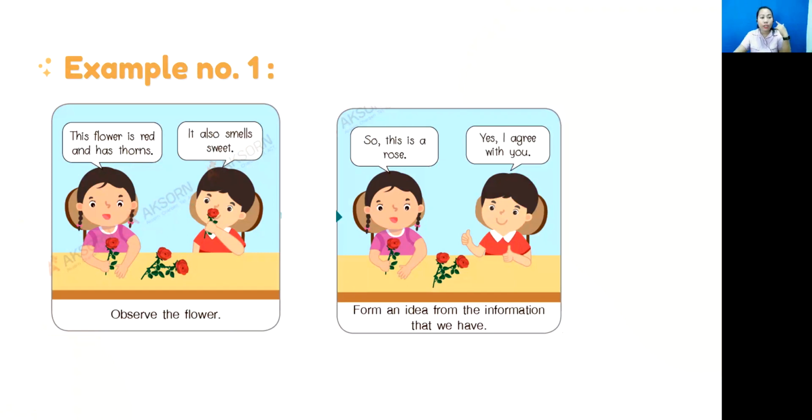She uses her eyes to see the color of the flower, and she uses her sense of touch to feel that the flower has thorns. And then the boy smells the flower. He said it also smells sweet. So based on their